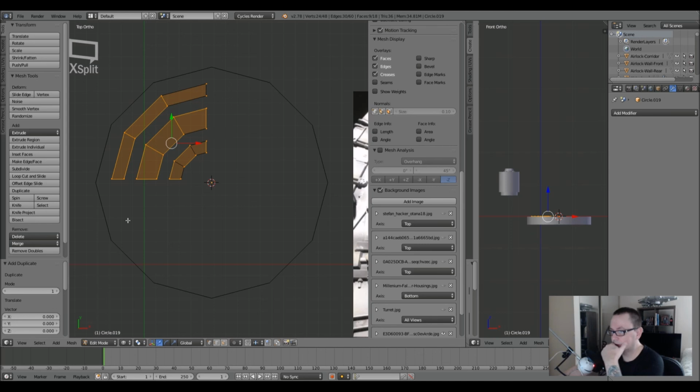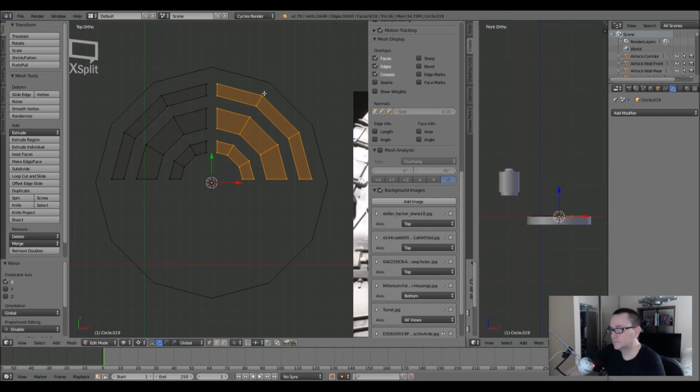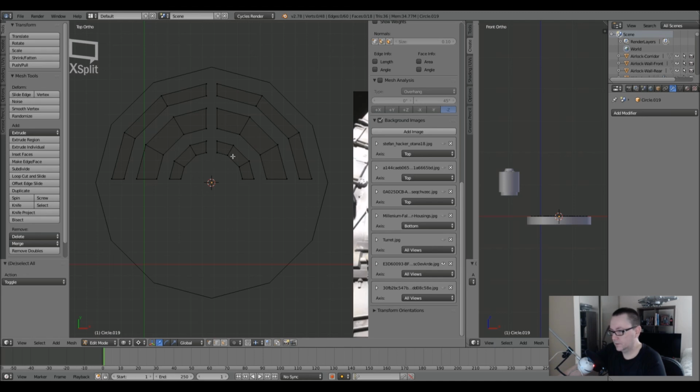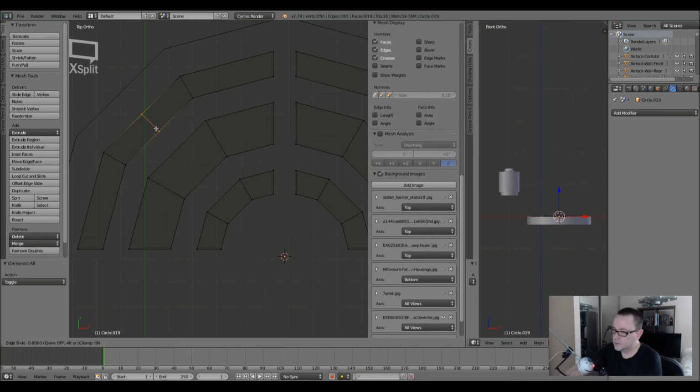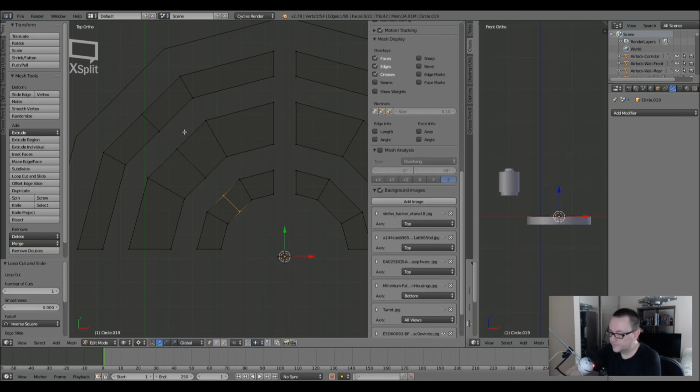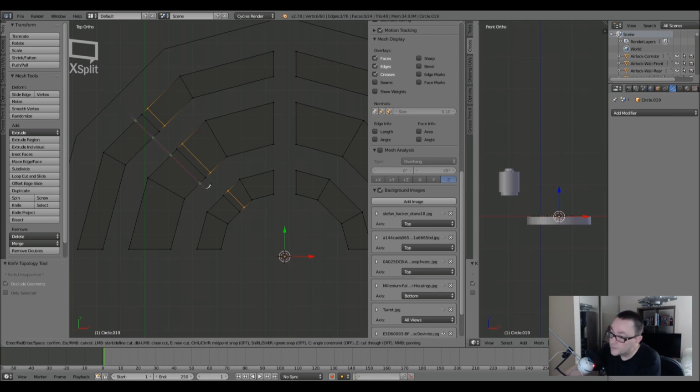let me just actually duplicate. I'm going to mirror this over. So I want to do more than just... This isn't going to be perfect, but it'll give me something to guide, so I can keep the line straight. That's too far over. It's a little bit off center, but